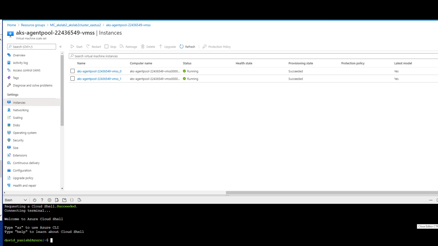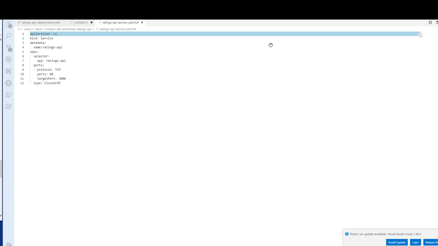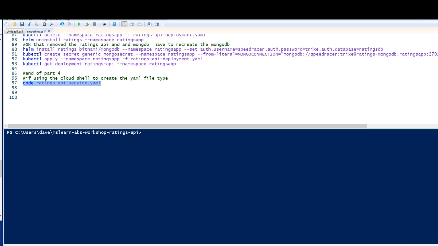I'm going to close editor. I'm going to go back here. I got the file saved. I'm going to come back here. I'm going ahead and do a kubectl apply, namespace ratings app. File will be ratings-API-service.yaml. And if I spell this the same as I saved the file, we should get a nice little service